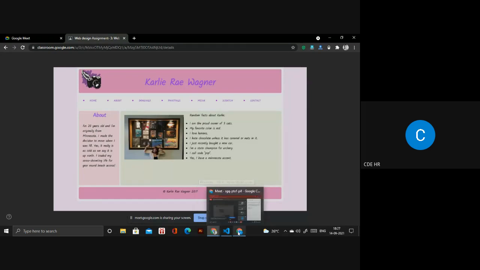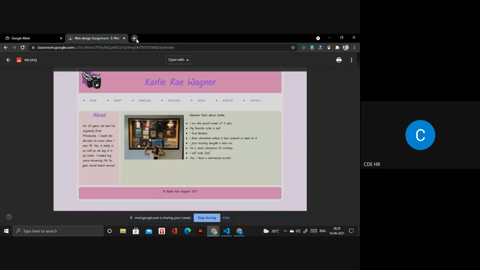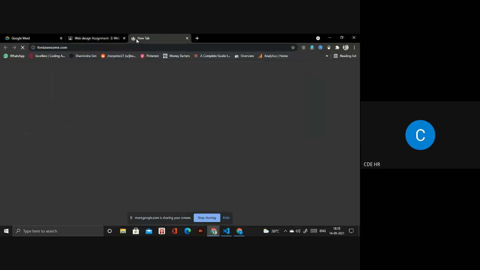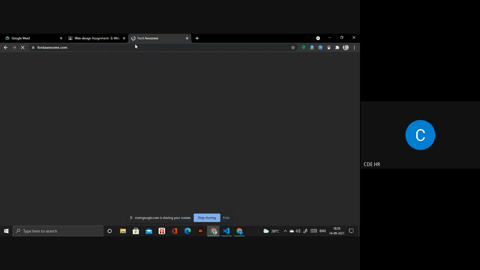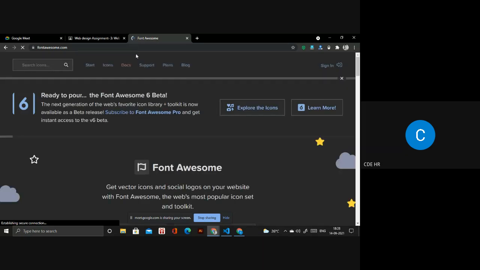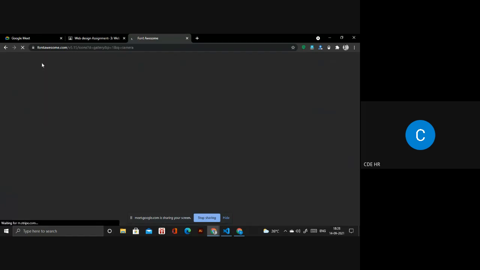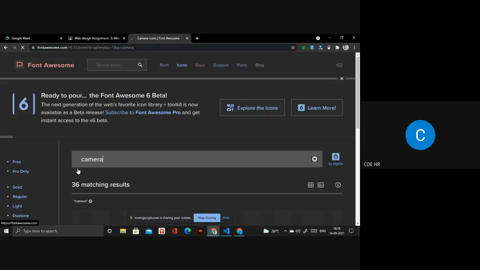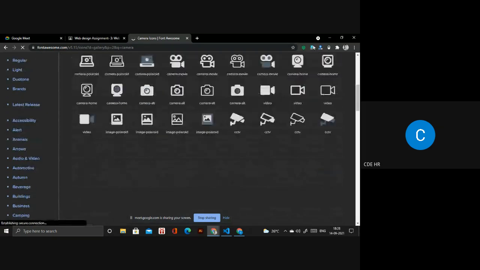So I will go to Foundation. I will choose a picture. If a camera picture is there, I will copy that one. Let's see if it's there or not. Foundation.com. Many are there.